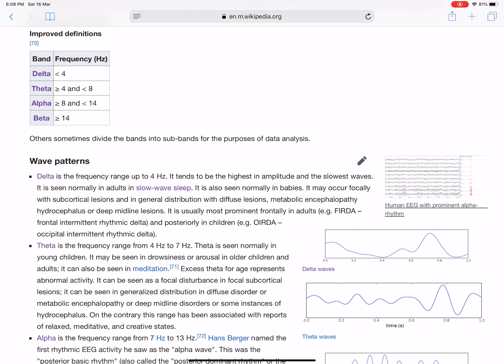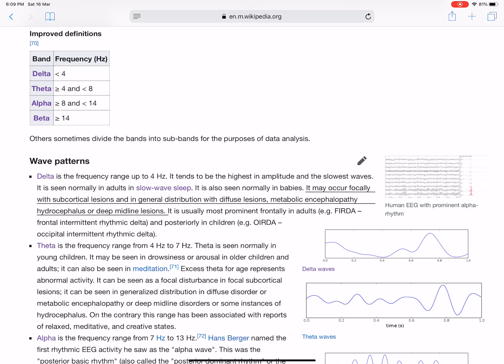Delta is the frequency range up to hertz. It tends to be the highest in amplitude and the slowest waves. It is seen normally in adults in slow-wave sleep. It is also seen normally in babies. It may occur focally with subcortical lesions and in general distribution with diffuse lesions, metabolic encephalopathy, hydrocephalus, or deep midline